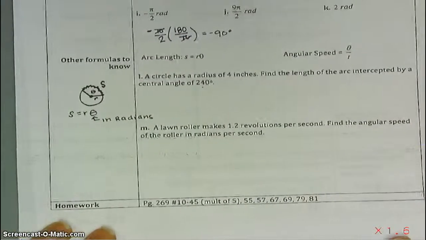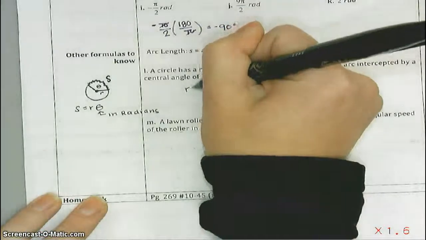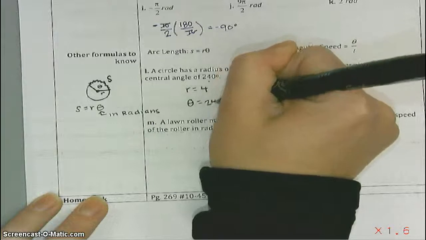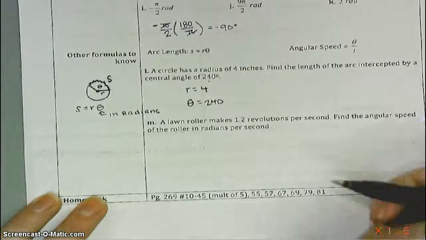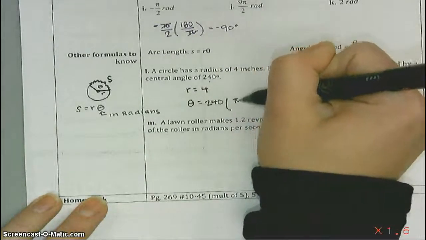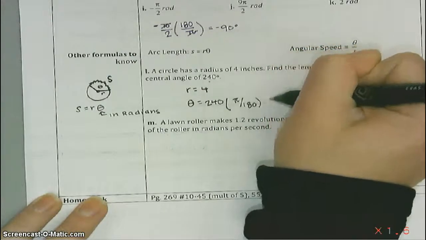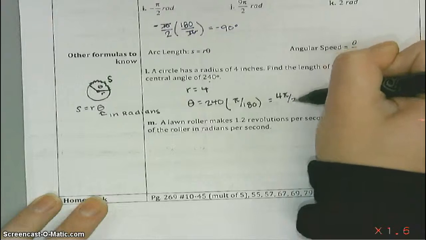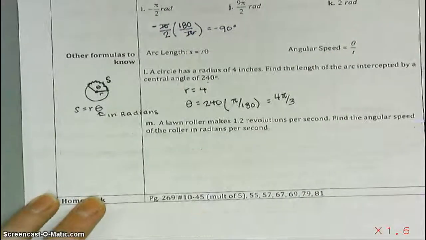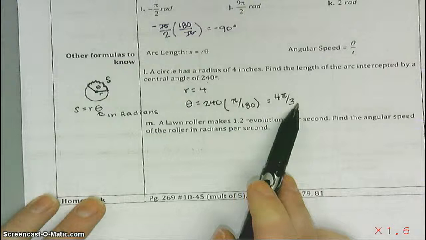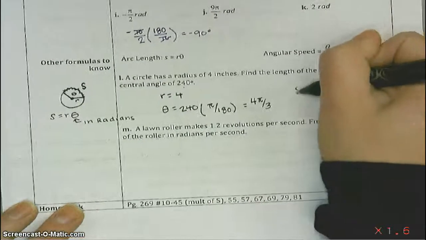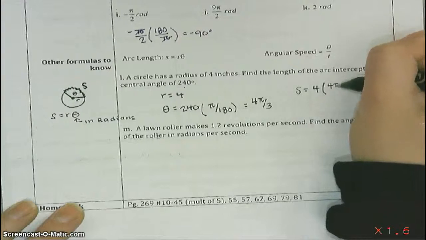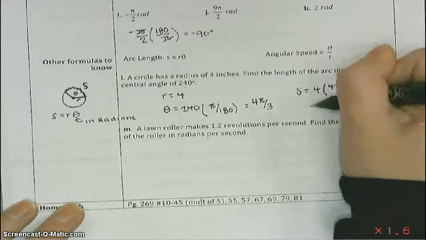So here we go. We have a circle and its radius is 4 inches, so r is equal to 4. The central angle theta is 240 degrees. What we need to do is convert it to radians by multiplying by pi over 180, which ends up being 4 pi over 3. Now we have our radius and our angle in radians. To find the arc length, s, just multiply them as r times theta. So it's 4 times 4 pi over 3, which gives you 16 pi over 3